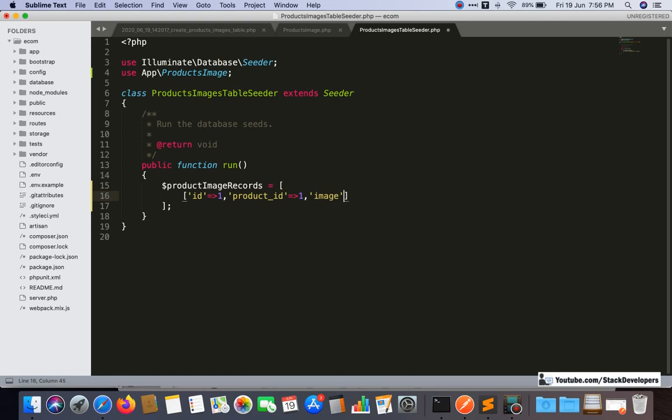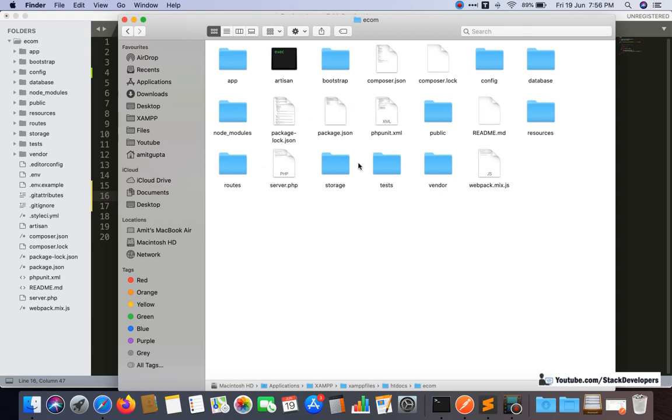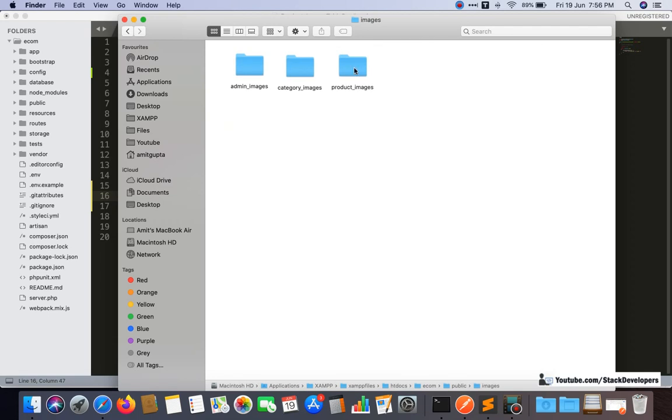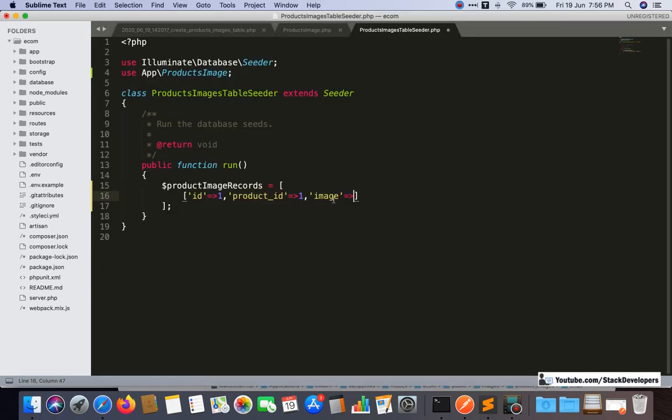This is the image name that we will keep, the same image, like for the blue t-shirt. I'm going to keep the same image name so that it will automatically pick this image from this folder.